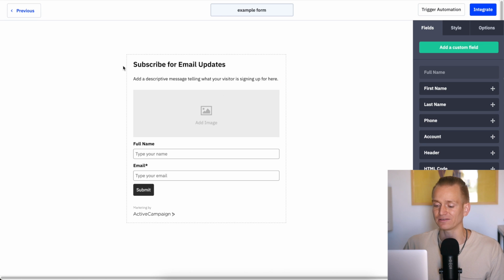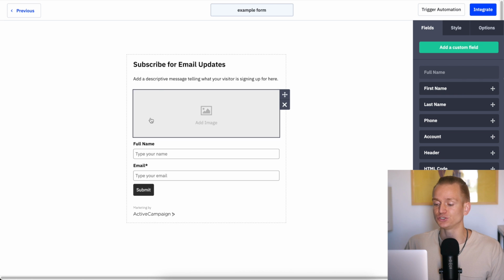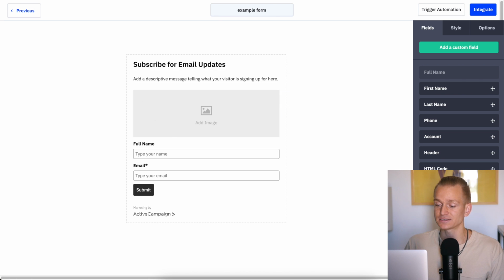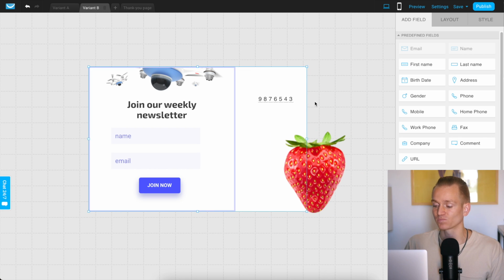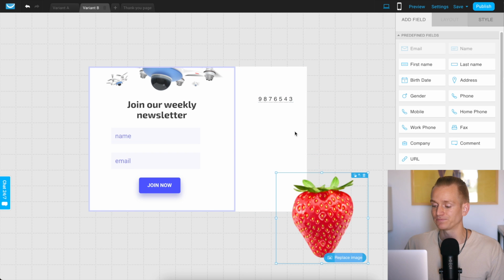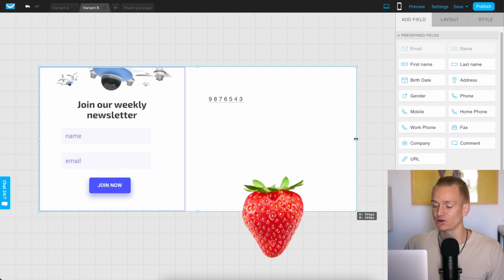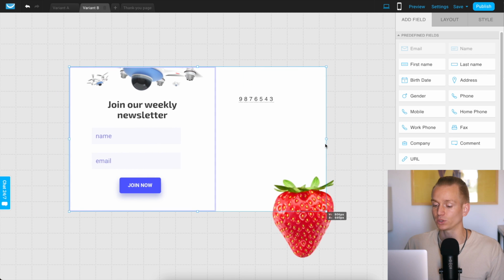I can't really do that much with how the pop-up looks. When it comes to ActiveCampaign, I'm actually really surprised that their pop-ups are very basic as well. They're not really lacking anything, but you can't do anything very advanced. However, with GetResponse, you can go super advanced. First of all, with the design, I can adjust the size of the pop-up, bigger or smaller.